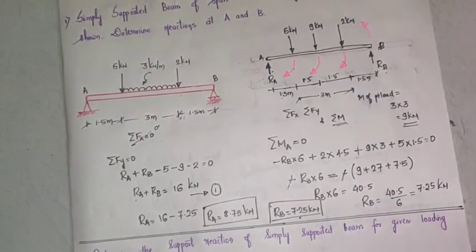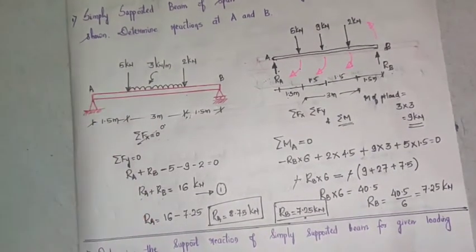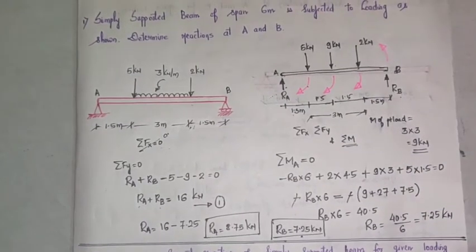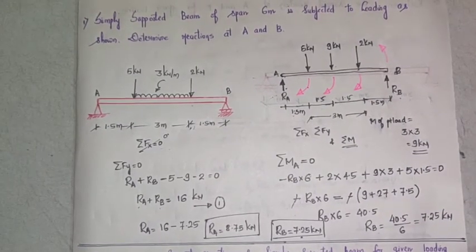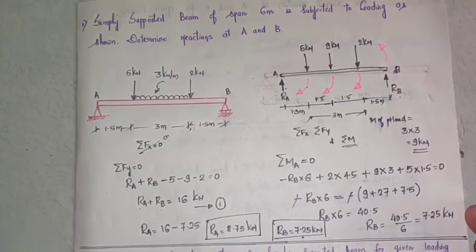Out of 5 modules, this is the most easiest problem that you will ever face. So this will be asked for 10 marks, so please don't miss these problems. They are very simple. Only type of loading that you will come across is UDL, point load and UVL. Only 3 types of loading. Other than this, you will not get any other loading. One more loading you will get which is complicated, that is the most difficult I think in this particular module, which is combination of UDL and UVL. That we'll study in the next part.